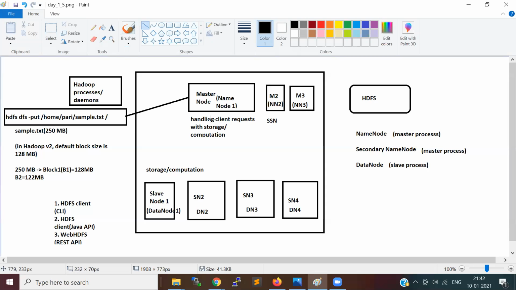So what happens is, when you create a cluster, it is going to be in the same network. When you configure a name node in the master machine, and the slave nodes in the slave machines, these data nodes will start registering themselves to the name node, saying, I am one of the data nodes in this cluster.